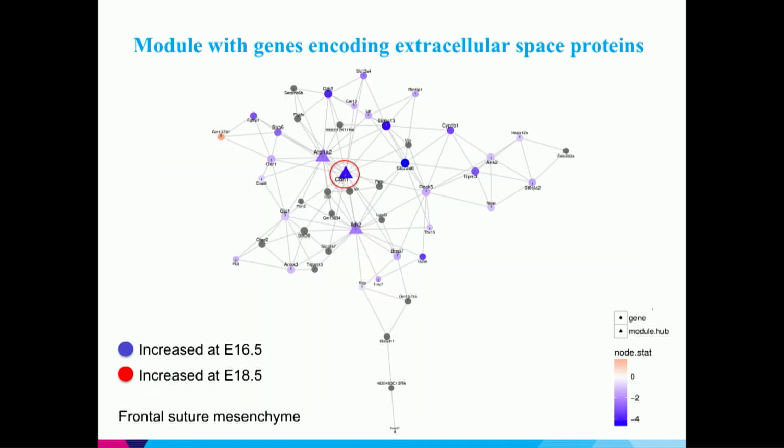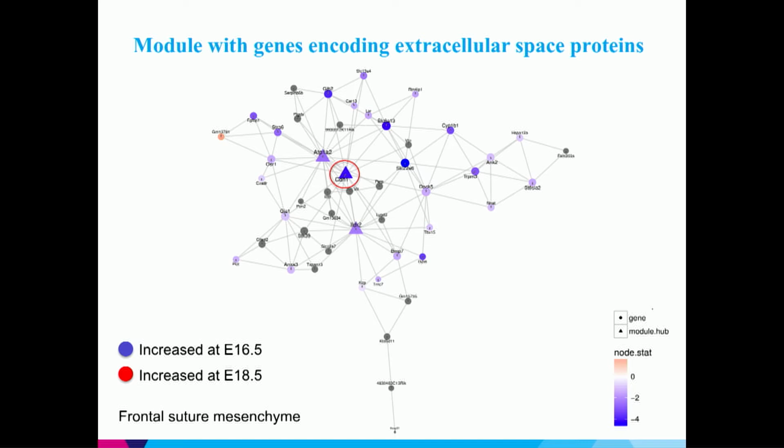So if we zoom into this module, now we're looking at an individual module, and the nodes in this module correspond to genes again, and the connections between these genes indicate the degree by which they are co-regulated. We can start to build new biological pathways or extend known biological pathways. As you can see, most of the genes that I'm highlighting in this module have increased gene expression at E16.5 in the frontal suture, and at the center of this module is